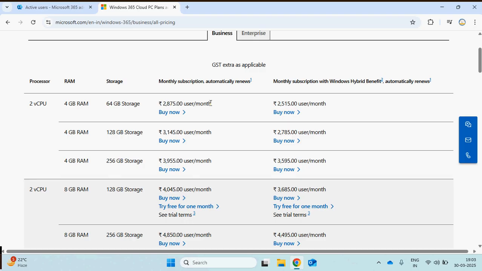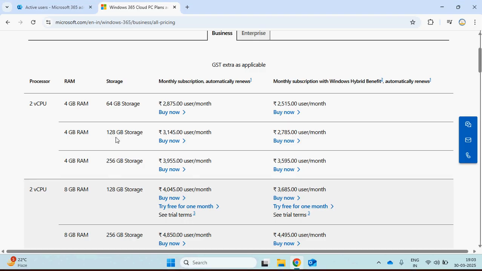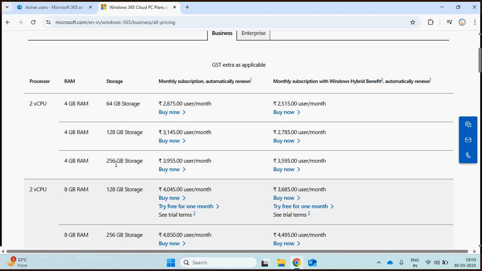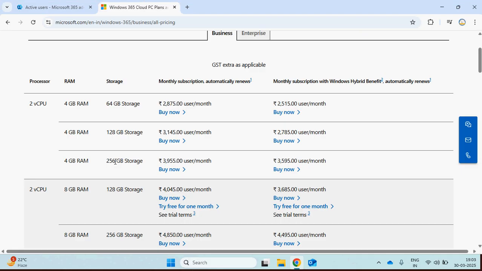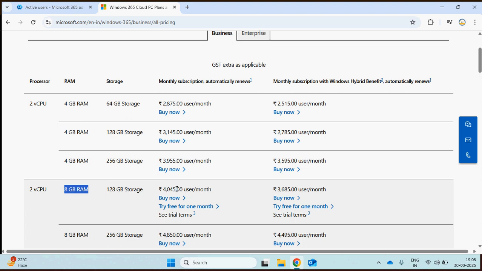If you go with 128, that becomes 3145. If you go with 256, then it becomes 3955. If you want higher memory, then it starts at 4045. So the capacity of business is a maximum of 300 cloud PCs without integration with Microsoft Intune.